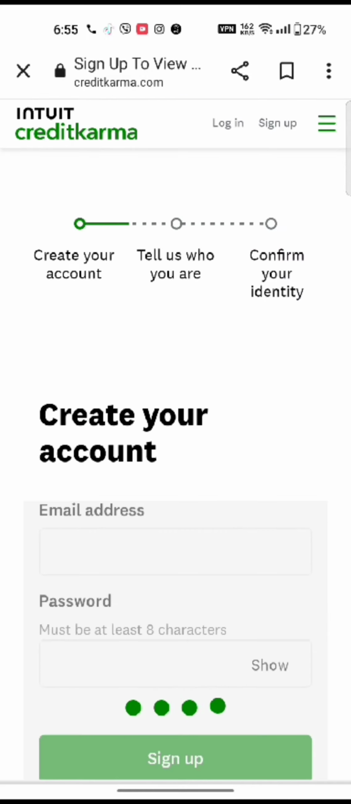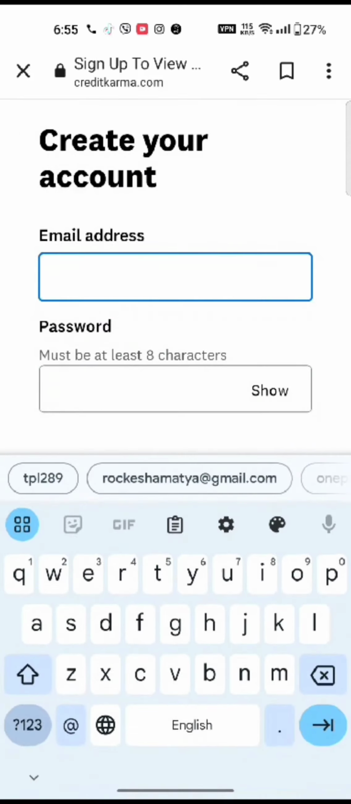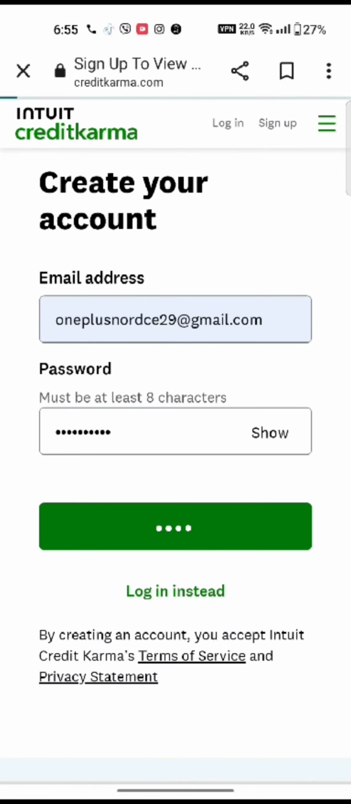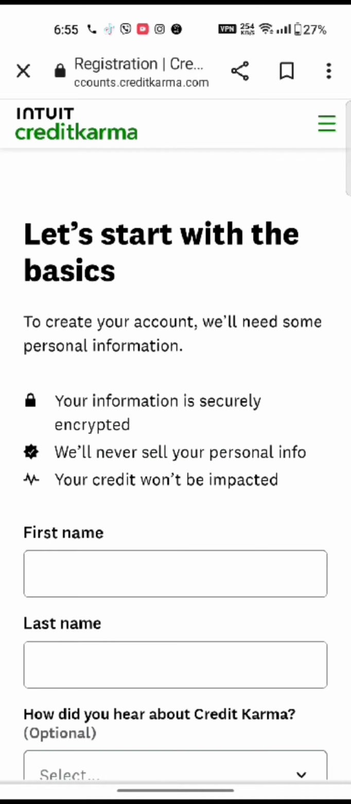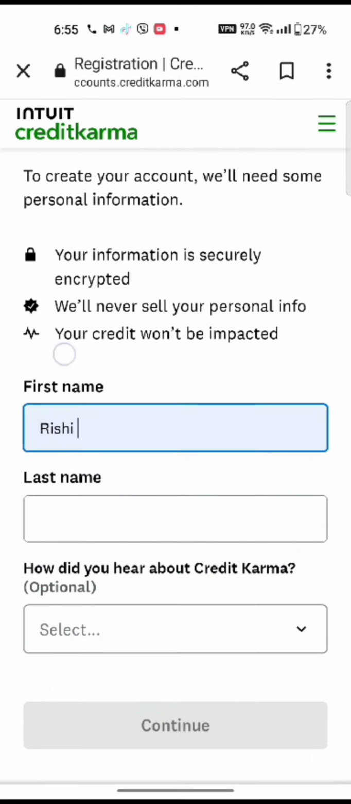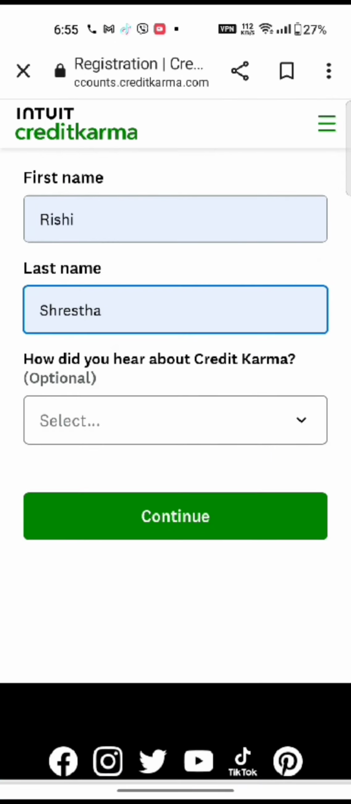Now to create an account, enter your email address and create a password for your Credit Karma account and click on Sign Up. Tap on the Show option to check if you have entered your password correctly or not. Now enter your first and last name, choose an option on how you have heard about Credit Karma and tap